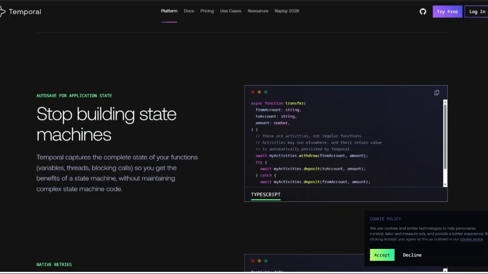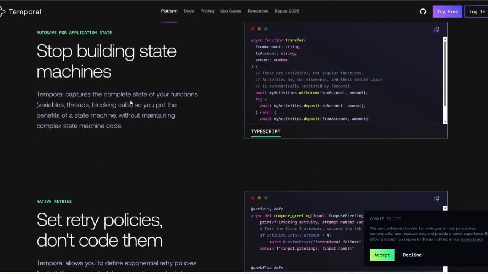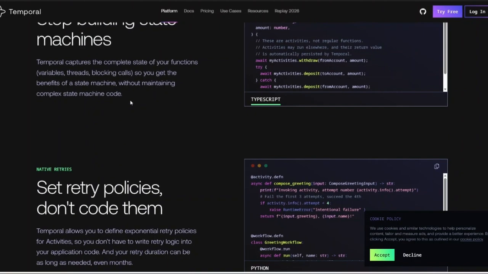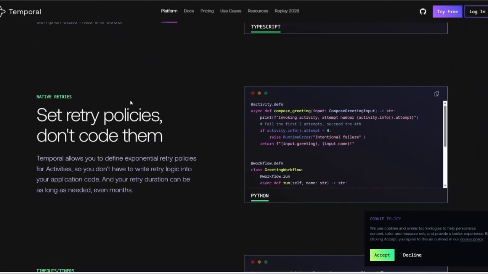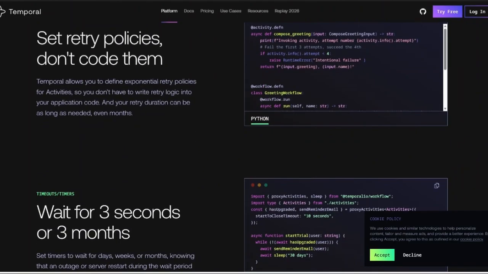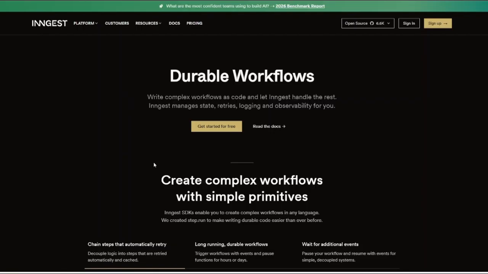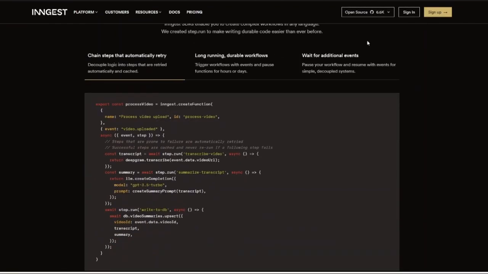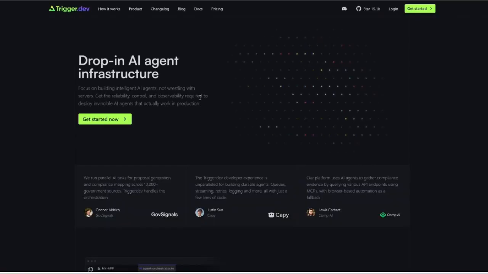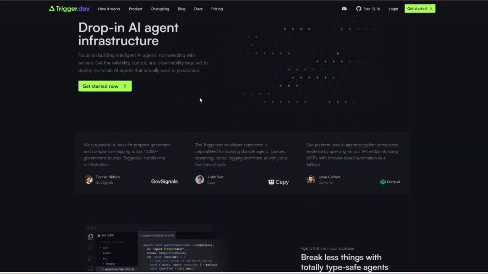How about in terms of developer experience? How do they compare? With Temporal, it's a steep learning curve and it has lots of concepts from workers to queues to activities. With Inngest, it's very fast to start and has minimal setup. And with Trigger.dev, it's easiest for JS and TS development, and it feels like writing normal backend code.